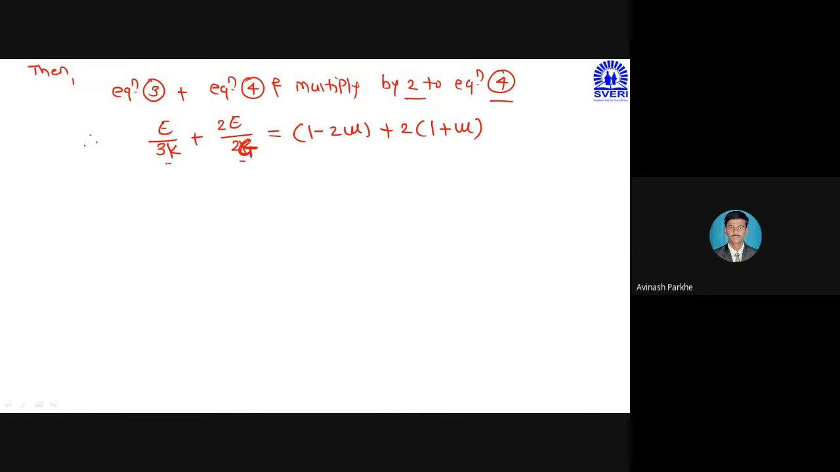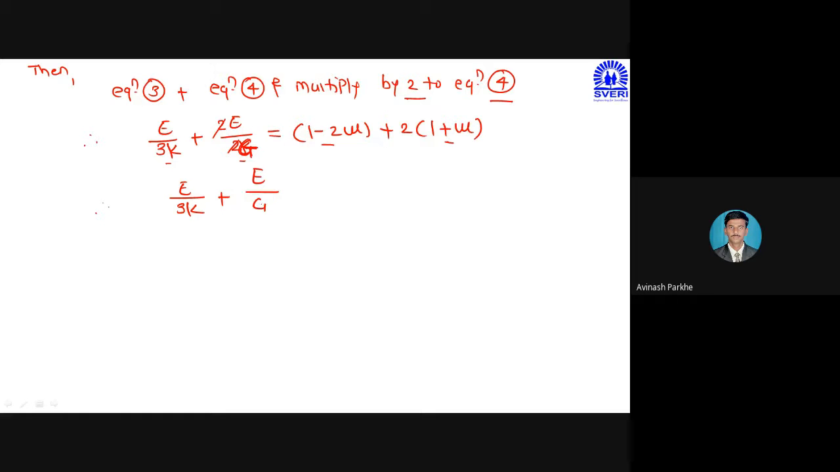Add equation 3 plus equation number 4 and multiply by 2 to the equation number 4. Similarly, at the right side, this is the equation number 3 plus equation number 4, that is 1 plus mu, and to that particular 1 plus mu we have to multiply by 2. Now at the left side, this 2 will get cancelled, so you will get E upon 3k plus E